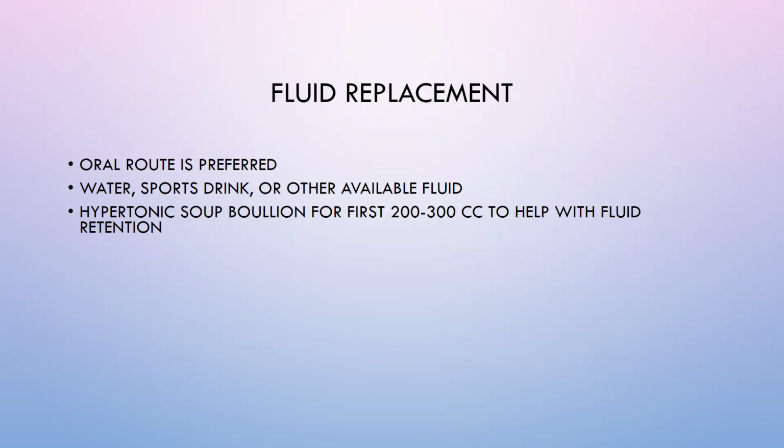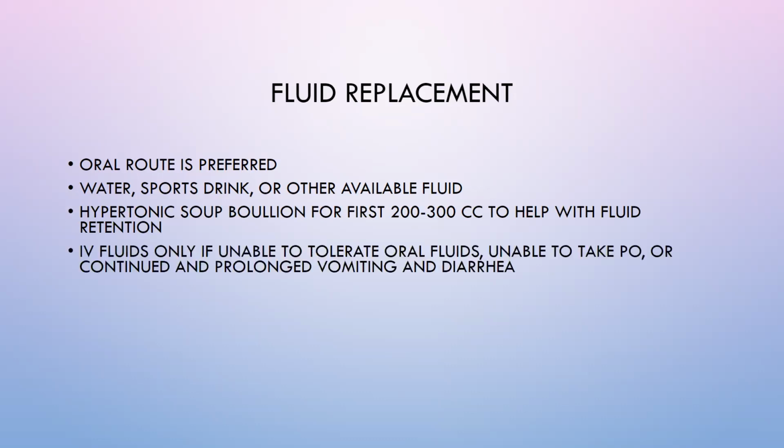If they want, especially if it's a cooler day, having a little bit of soup bouillon can really help with fluid retention too, and I'll talk about this at the next talk. Getting them a little bit of bouillon, only if they're able to get